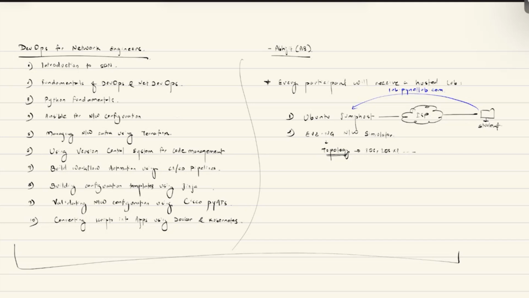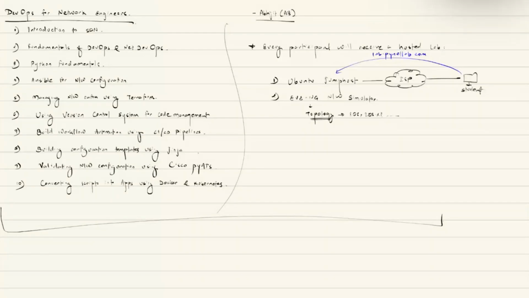We keep day one very light and easy for introductions, for understanding, right, and all that stuff. And then from tomorrow, we dive straight into our topics, starting from introduction to SDN. We will also talk about fundamentals of DevOps tomorrow itself. And then from the next one, we would jump into Python and all that stuff. This is how the course flow is going to look like. Right? Awesome. I think we're pretty good then. So yeah, that was all for day one. Nice and easy.